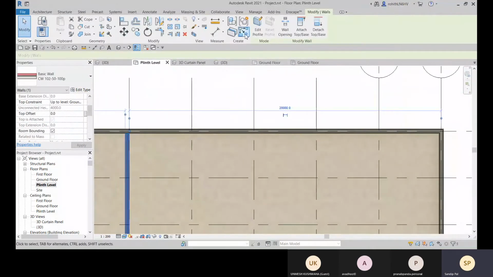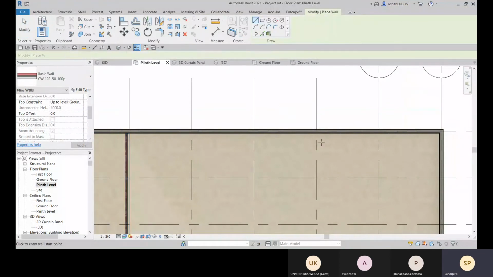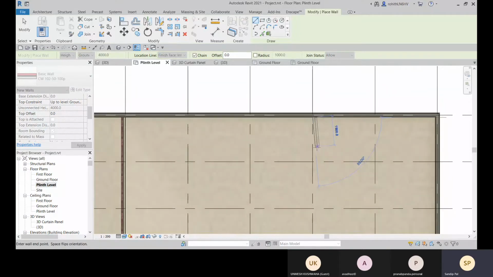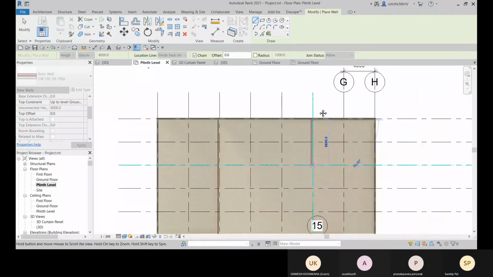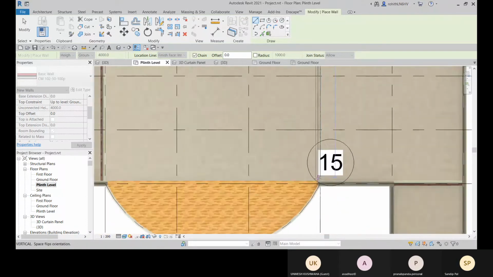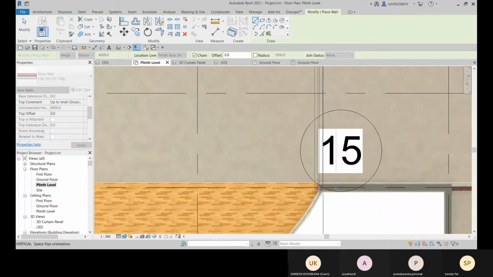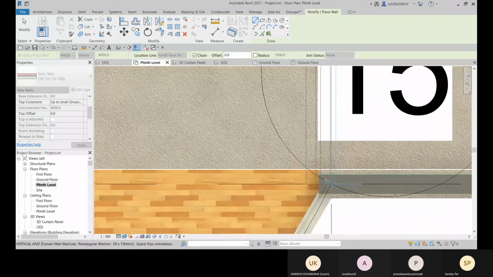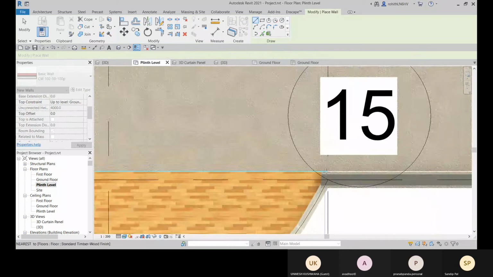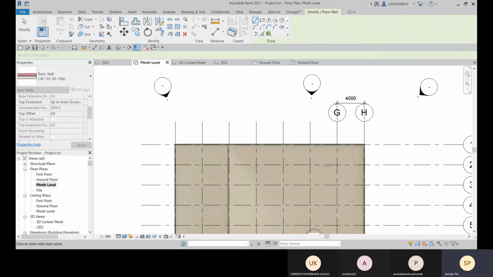I'll select it, go to create similar, and this finish face interior, let me place it from here. And if the orientation is not right, I will press the space bar. I think that was right.